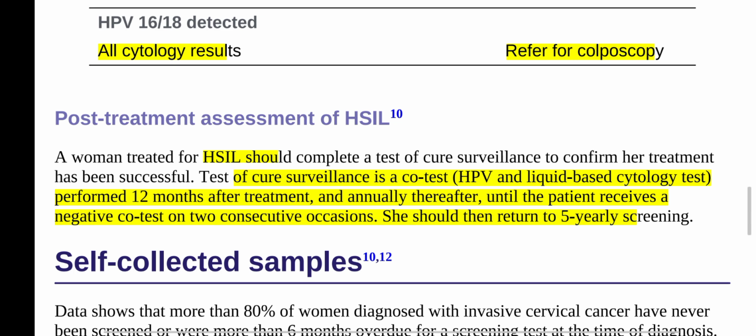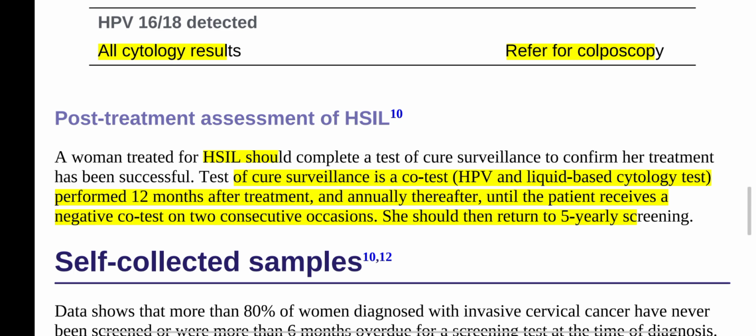Women who are diagnosed with high grade intraepithelial lesion, and we have referred those patients for colposcopy, and the management is done for CIN 2 or CIN 3, cervical intraepithelial neoplasia type 2 or type 3, and the treatment is done for the high-grade squamous intraepithelial lesion. Then the test of cure: when to repeat the follow-up test to see that she is free from the high-grade intraepithelial lesion. So it is the follow-up test for those patients who have undergone treatment.